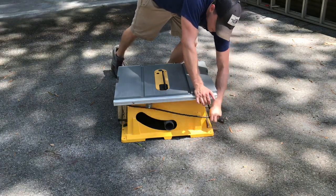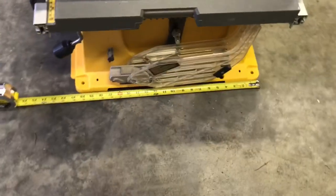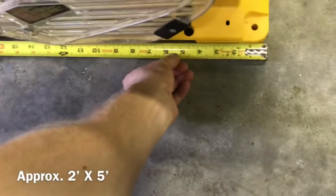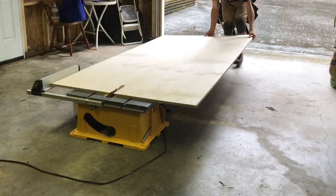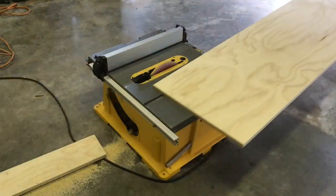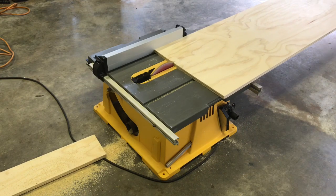I started by pulling some overall measurements and making decisions on just how big I wanted it to be. It seemed like anything close to 2 feet by 5 feet would be best for my small truck. So, starting with a full sheet of 3/4 inch plywood, I ripped the top piece 22 inches wide. Then, for the side walls, I ripped down a couple pieces to a 1/2 foot wide and cut them to